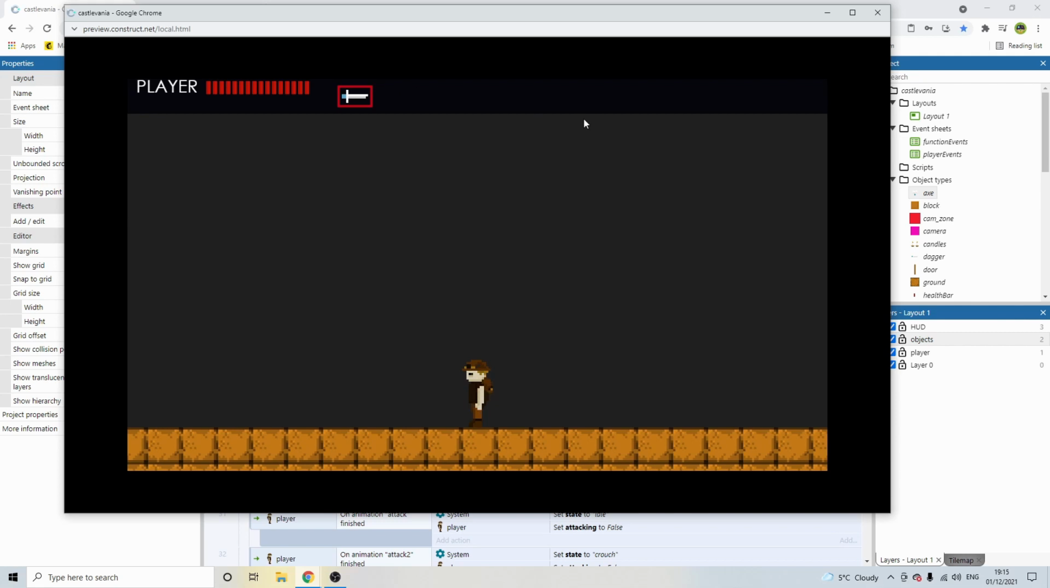Thanks for struggling through that with me. That was a bit of a mission, I must say, but we got there in the end. We can now throw daggers, we can throw axes,